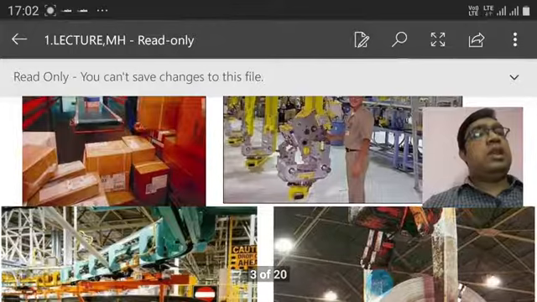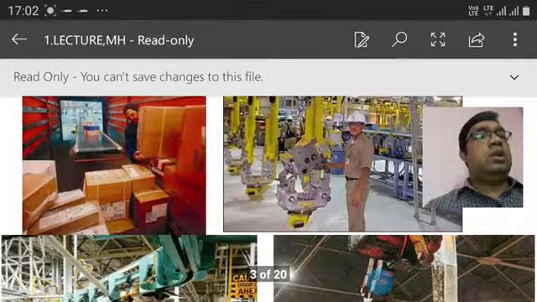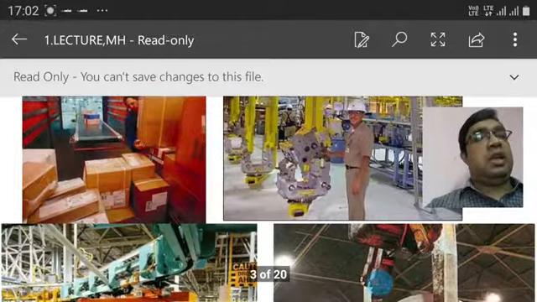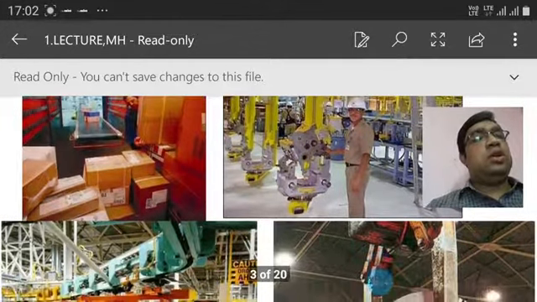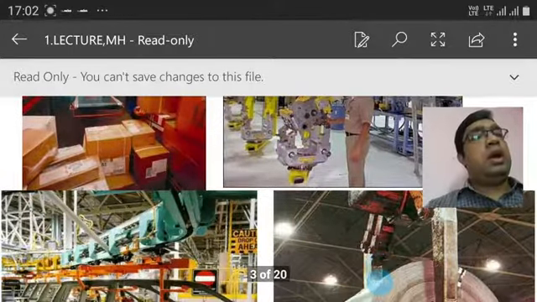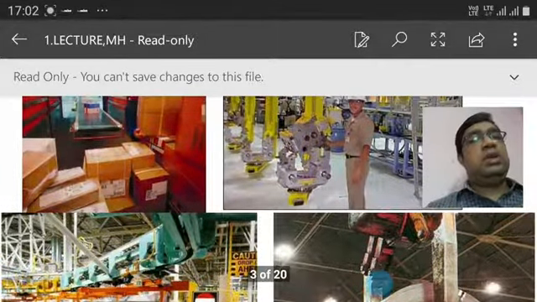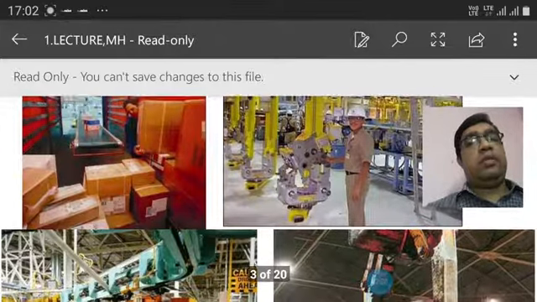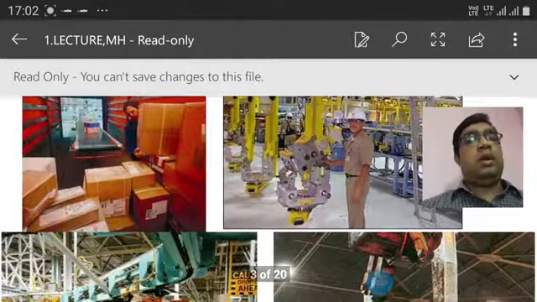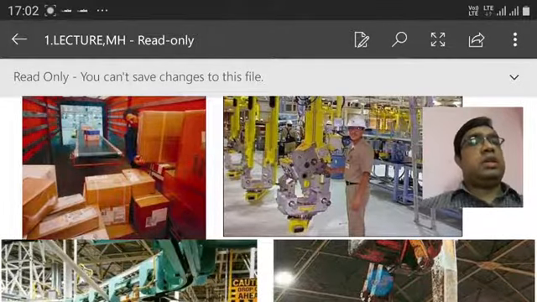They must be handled safely and securely, with no damage or defect during material transfer. This is very important, because materials handling is essential for every industry. If you cannot handle your materials properly, defects will come. In the figures, the first one shows packaging systems, where cartons are used to transfer materials properly.